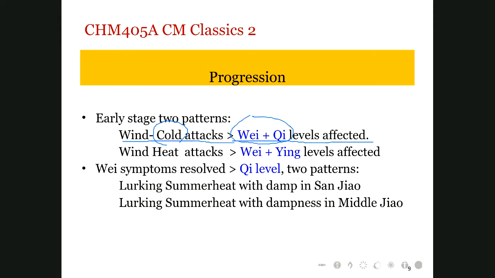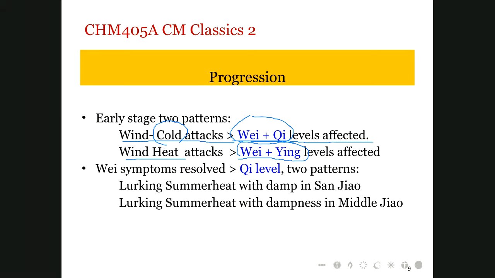But if the invasion comes from wind heat, heat and wind are both heat in nature, incubated heat is heat, damp is cold, so that means heat is more than the damp, and it is much easier to affect the Wei and Yin levels simultaneously. So this transmission is much quicker. This just makes sense: more heat, much faster transmission, and deeper involvement of the four levels.